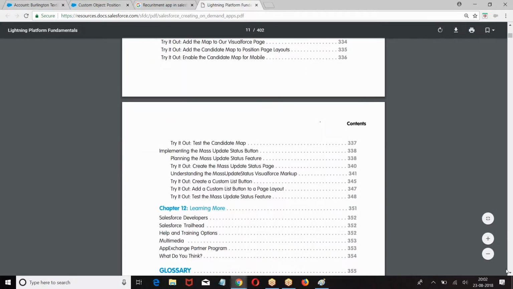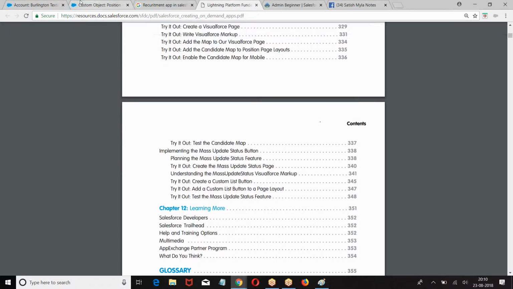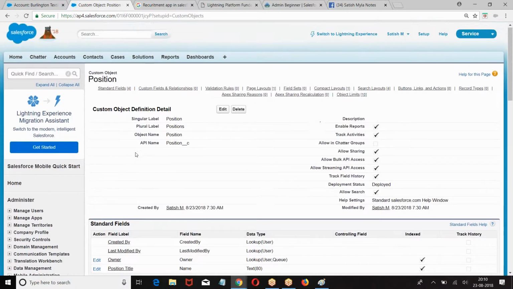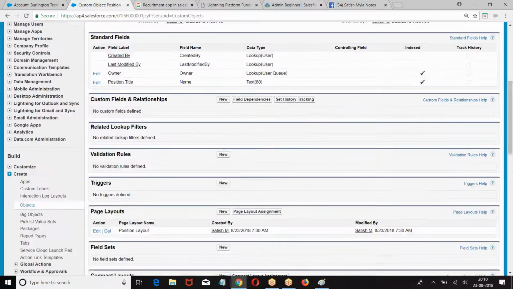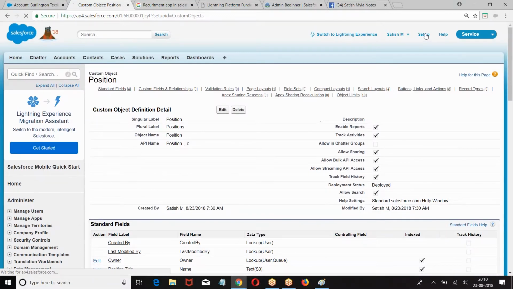So the biggest trouble people have. What we have done here is created objects, position objects. Now once again I'll create.